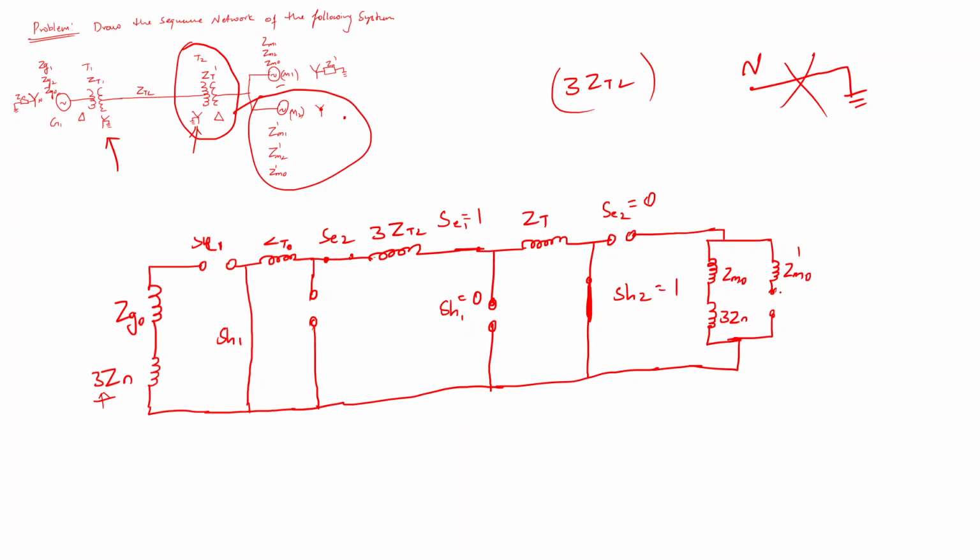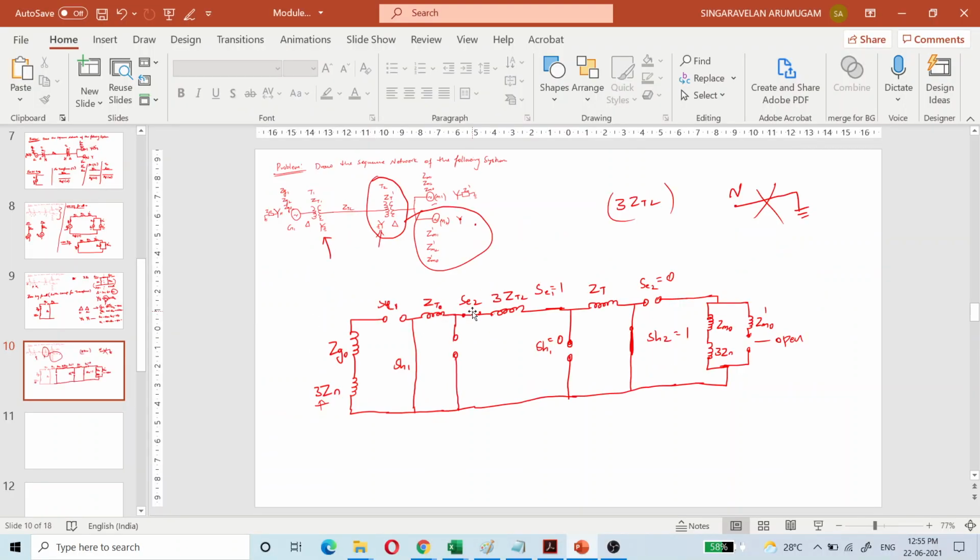Please remember. Clear? Any doubt here, students? So that's all about this problem. This is one simple problem to draw the sequence network, and this concept can be used to find the